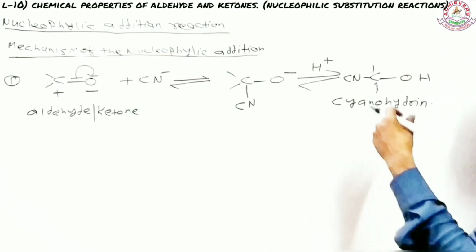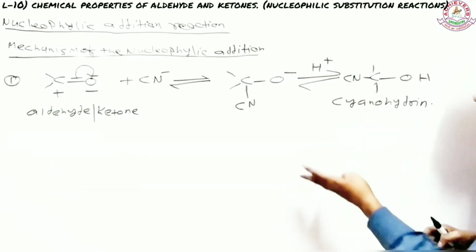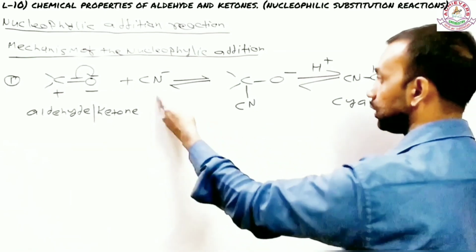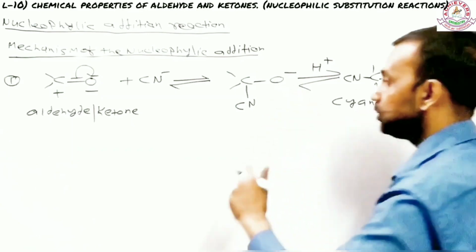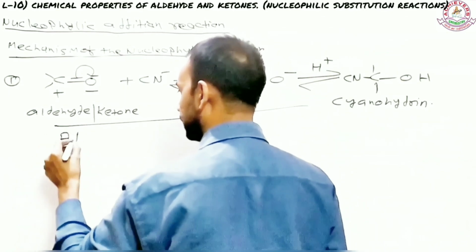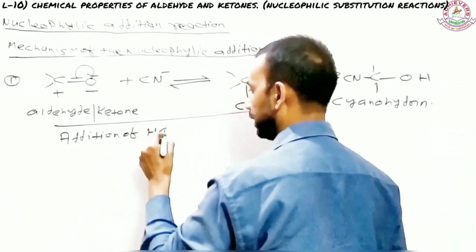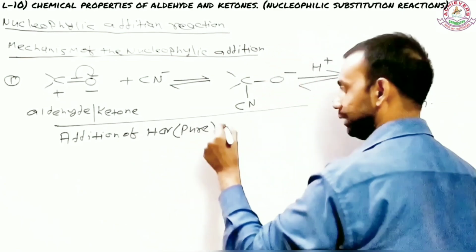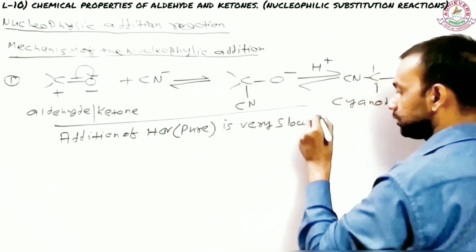So actually initially I was doing both steps together. Now you have it as per your NCERT, which I think you will easily understand. So this is the mechanism of the reaction when an aldehyde or ketone undergoes addition with hydrogen cyanide. This entire reaction is slow. So let me write a statement here: addition of hydrogen cyanide, if it's pure, is a very slow process,